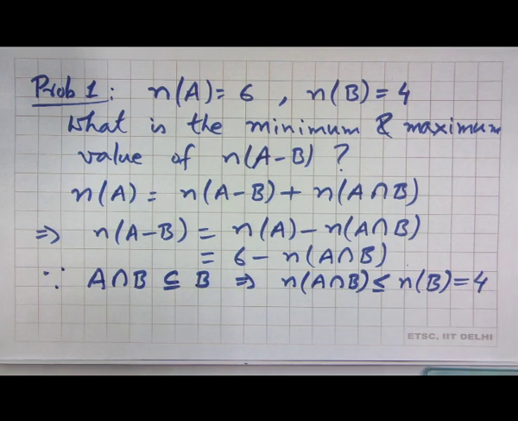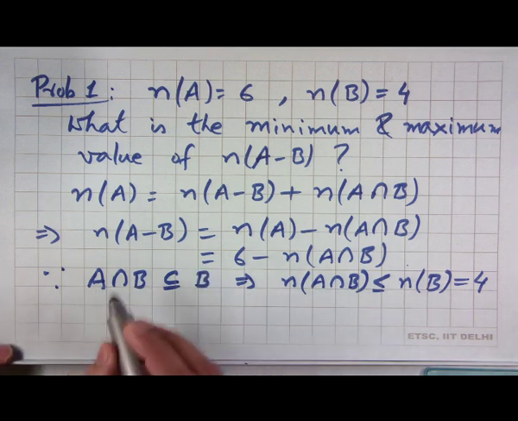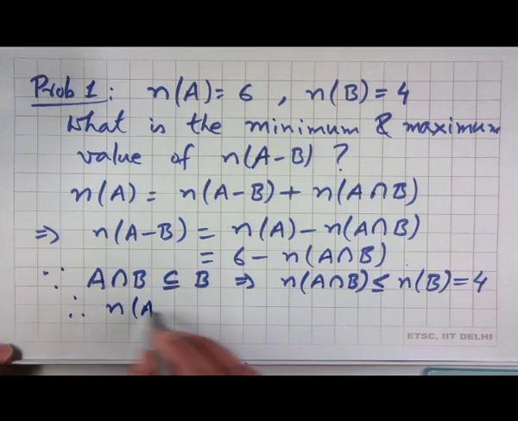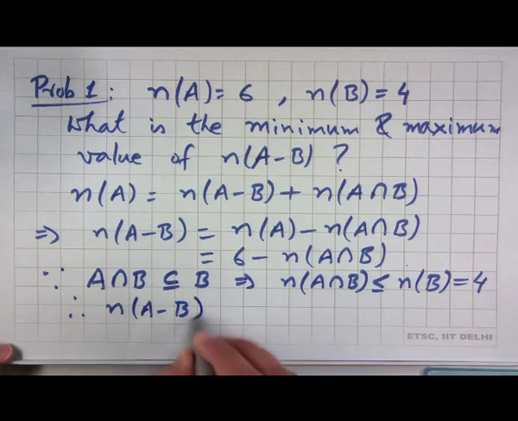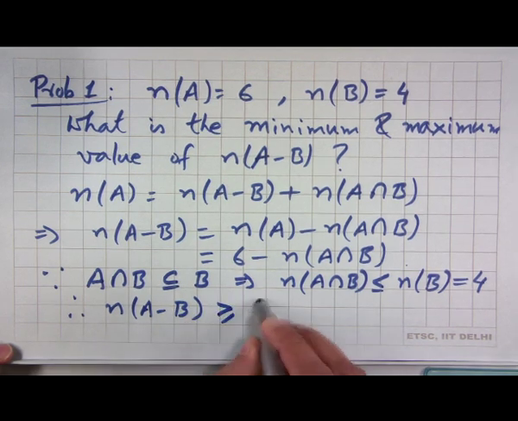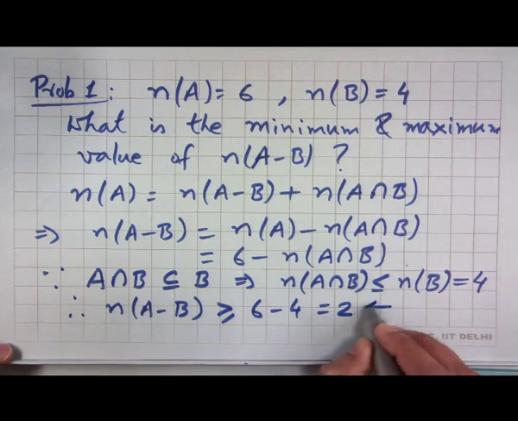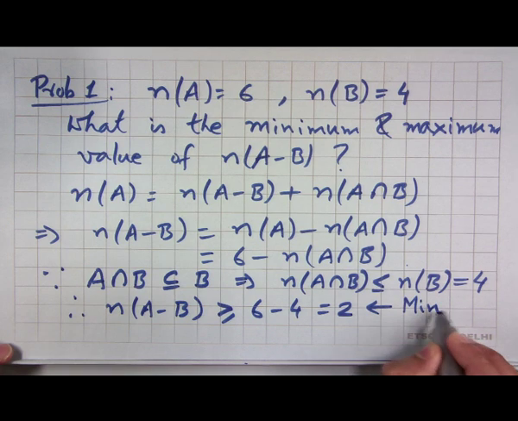So, number of elements in the intersection of A and B cannot be more than 4. So, n of A minus B is greater than or equal to 6 minus 4 which is equal to 2. So, this is the minimum value,